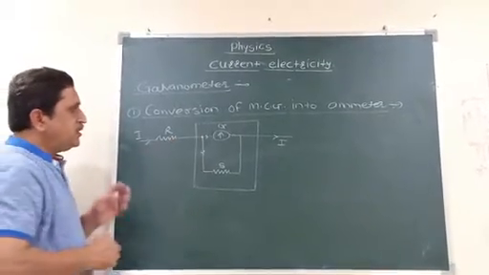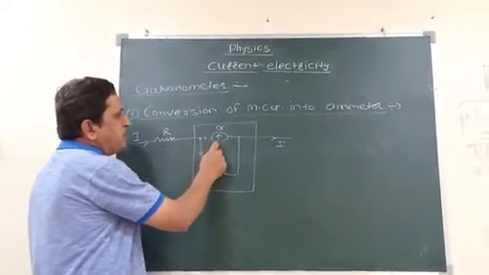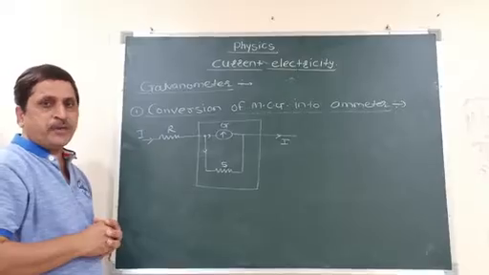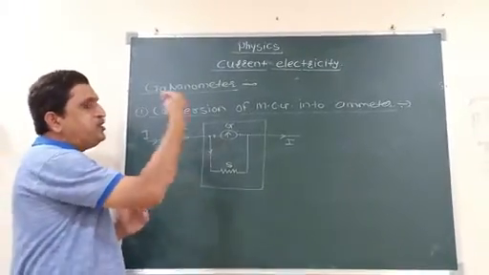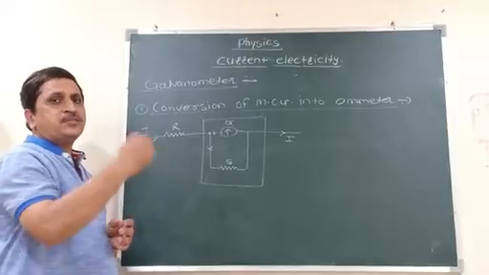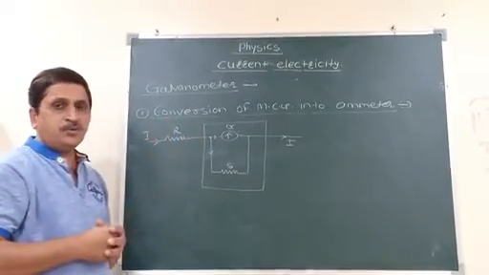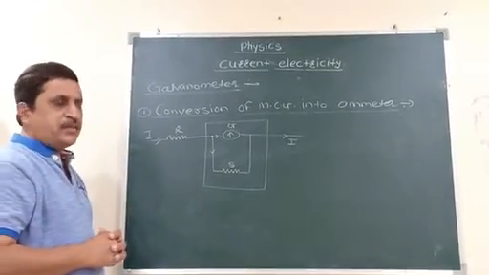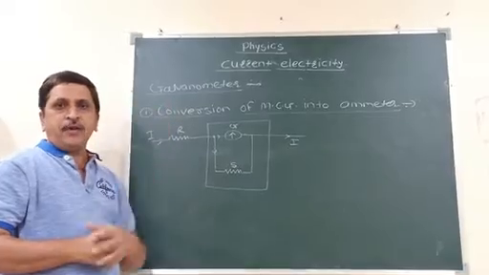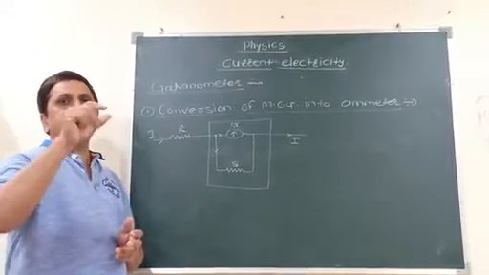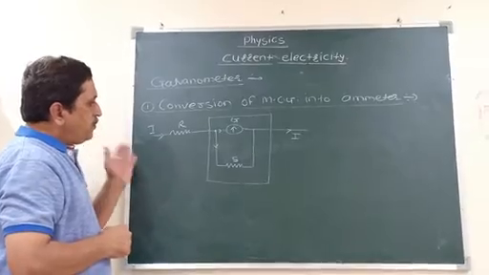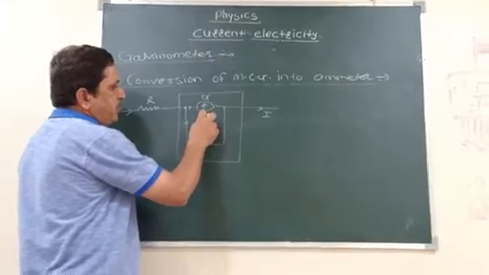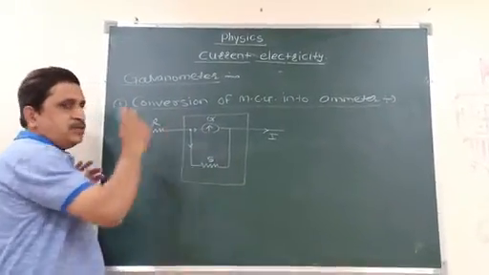Why is it used here? Because we know that we cannot use a galvanometer for the measurement of large current. Therefore, we have to decrease the resistance of the galvanometer. That means when we are converting a galvanometer into an ammeter, we have to decrease the resistance of the galvanometer for the measurement of a large amount of current. Then how can we decrease the resistance? We know from the previous standard that when two resistors are connected in parallel combination, the effective resistance of the circuit gets decreased, and on the basis of the same principle, here the galvanometer is connected in parallel combination with the shunt resistor.